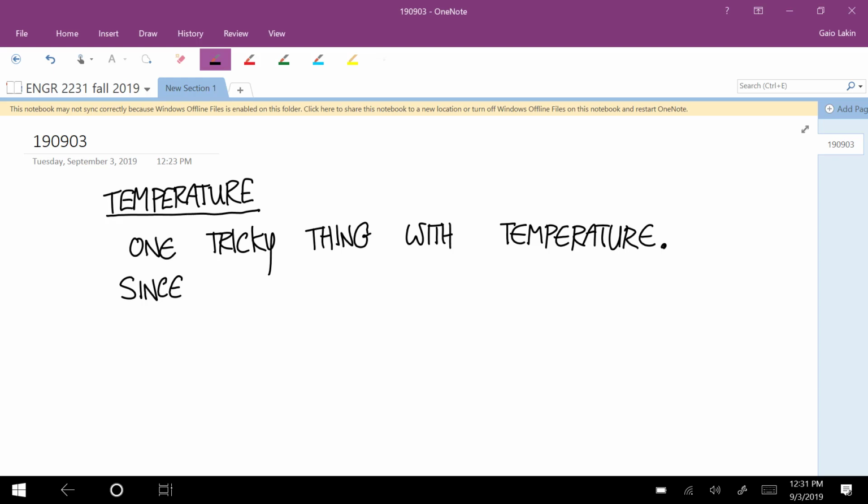Well, not all of them do, but Fahrenheit and Celsius, which are common units for temperature, zero isn't at the same place. You don't get that with other things, like zero force in newtons is the same as zero force in pounds, or 0 meters is the same as 0 inches. But that's not true with Fahrenheit and Celsius. So since degrees Fahrenheit and degrees Celsius have their zeros at different places,